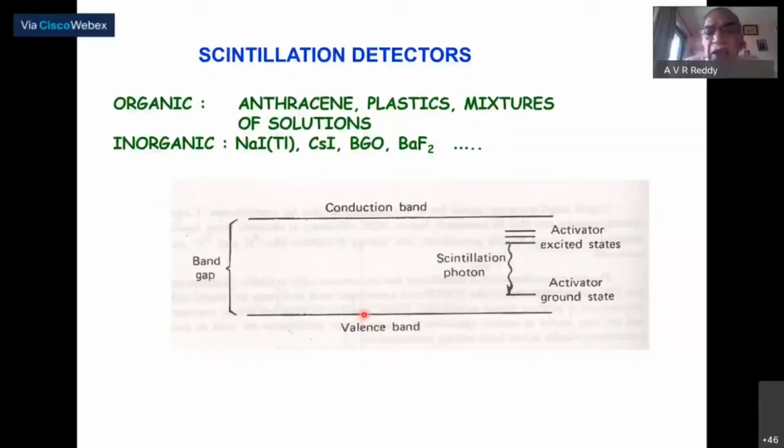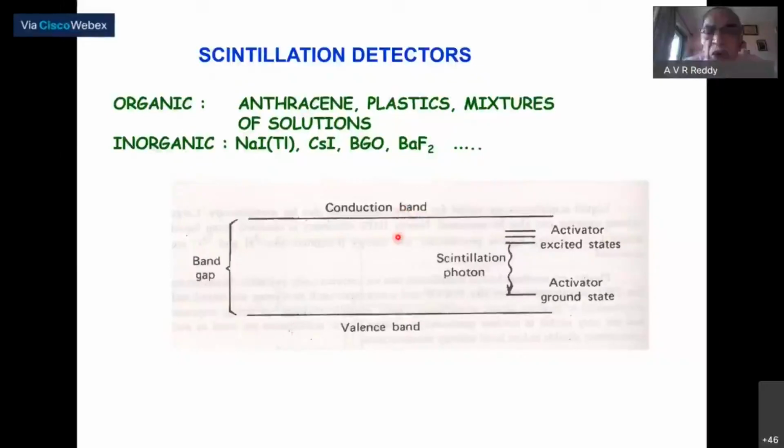And if there is an electron here, that electron will come and occupy here, then the hole appears as if it has moved here. Both electron and hole together are called an exciton pair. And movement of both the electron and hole will create your signal. Exciton is the signal. When this excited state de-excites, a photon will be emitted.